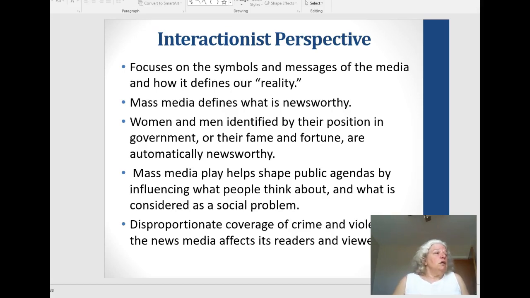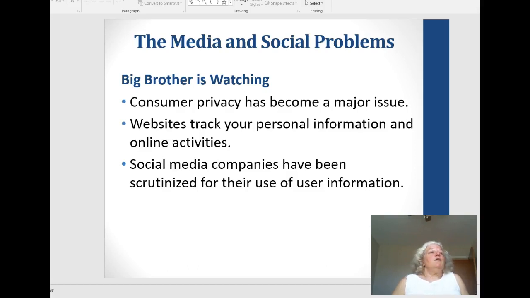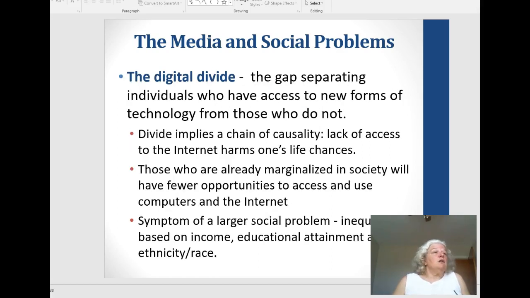So, what are the issues of media? What are the social problems? Well, there is increased surveillance of our involvement. As we shop on Amazon or as we hit any link on the computer, we're being tracked today, and social media companies scrutinize us. As I open my internet browser, I will see different things than you see. Because of the things I've clicked on, the ads that pop up are related to my interests. So are the news articles. And so this watching over is occurring.